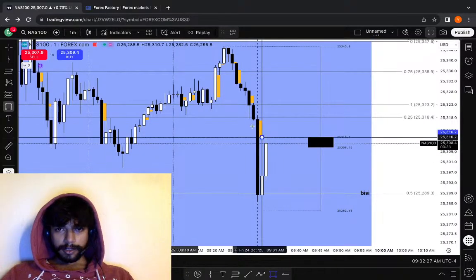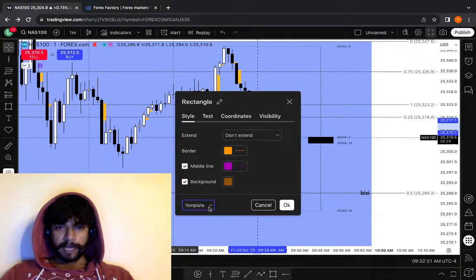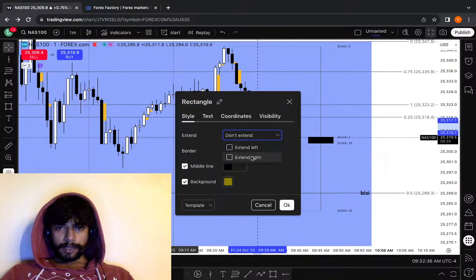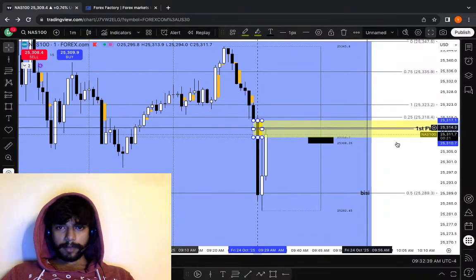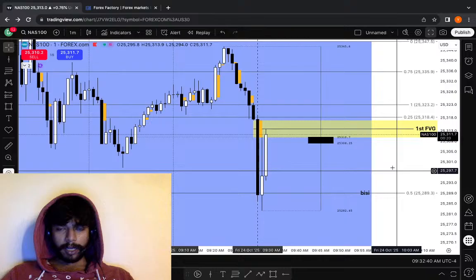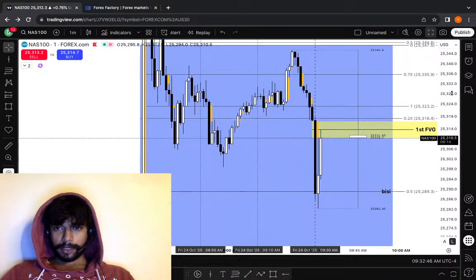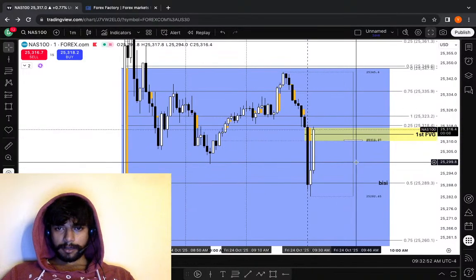This is the first presentation of gap, and I am choosing the 9:30 candle for the first presented fair value gap because we had a high impact news at 8:30 today. So that is the reason for me choosing this specific gap